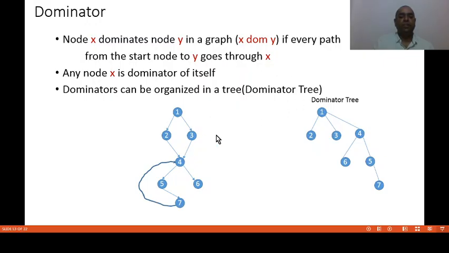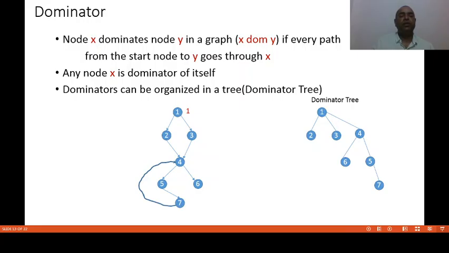Now, suppose that this is the graph which is given to us and our task is to find out the dominators in this graph. You can see here, first, node 1. The dominator for node 1 is 1 itself. Now for node 2, when we are coming to node 2, we always come from node 1.